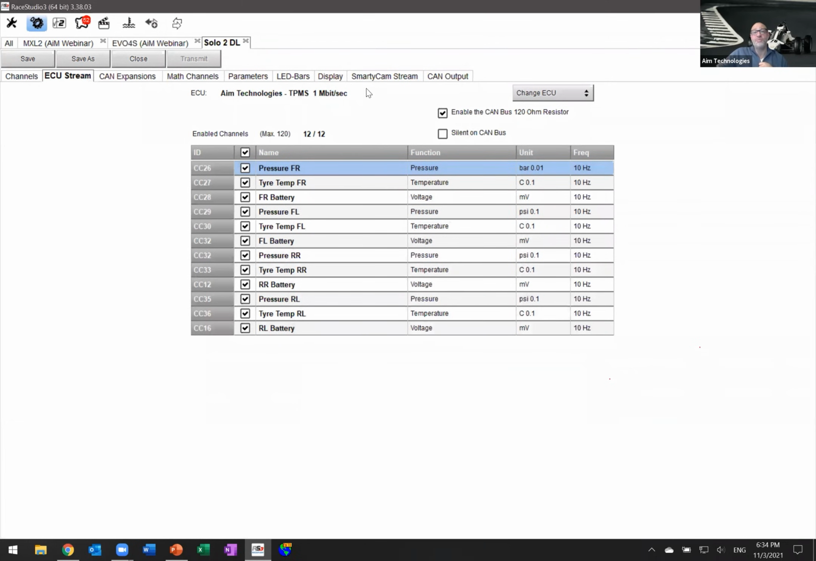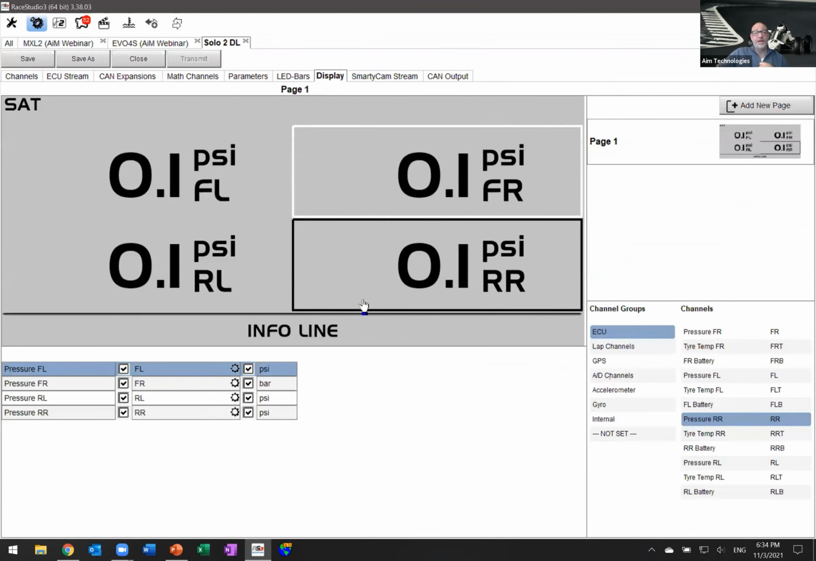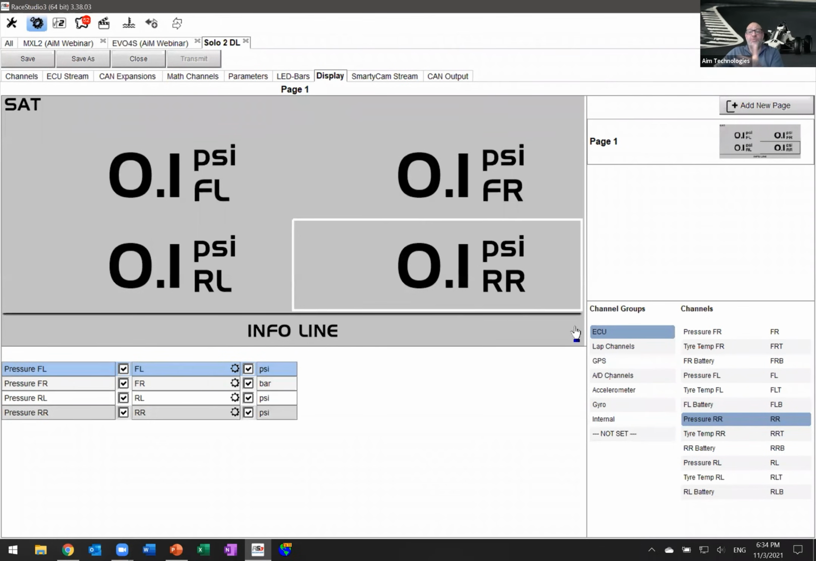So if I now go back to the display, we should see, it hasn't refreshed, but if it does refresh, some of them do refresh automatically, some don't, you will see this information come through in bar instead. The other option that you have as well